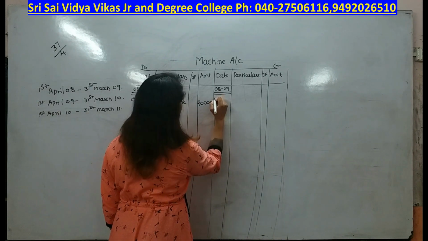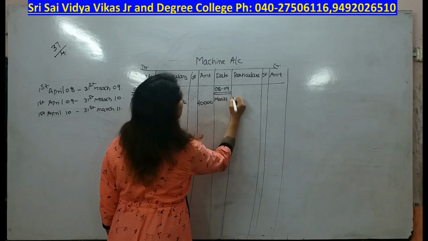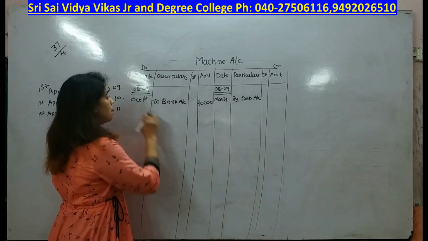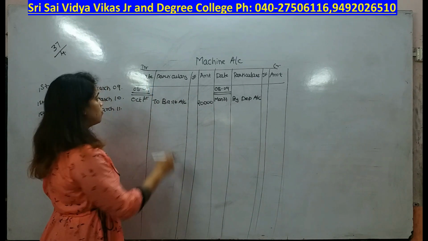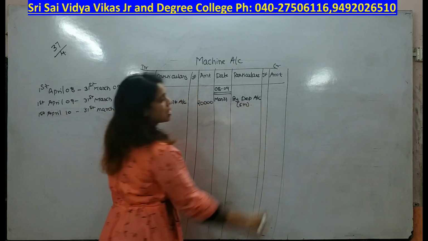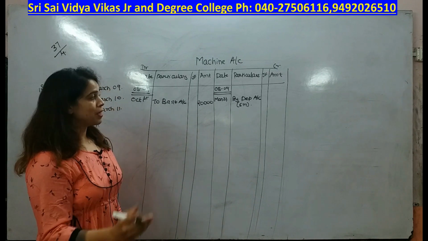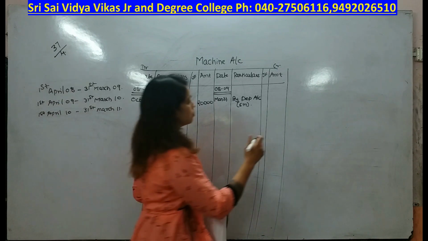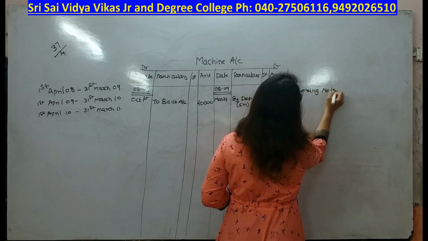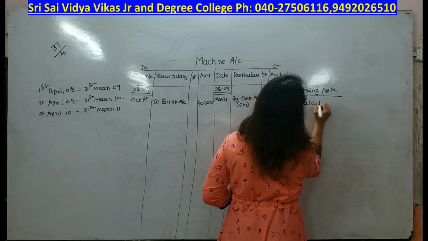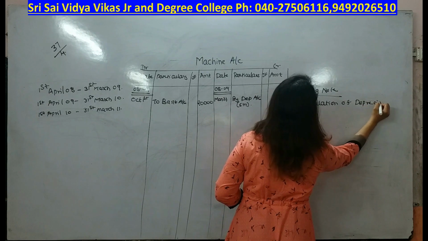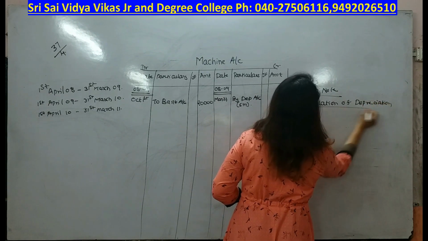So, at the end of the year, we need to calculate depreciation because every year the value is going to decrease. But in this year, we have used asset from October to March. So, how many months we have used asset? We use asset only for 6 months. So, depreciation we are going to charge for 6 months. So, see students, working note. Our working note number 1 will be calculation of depreciation.